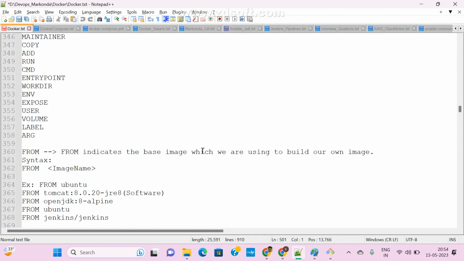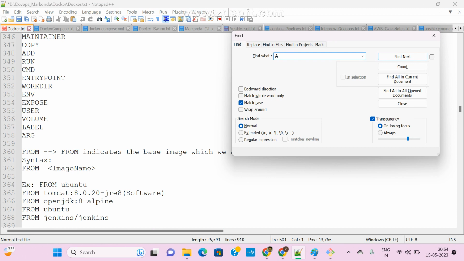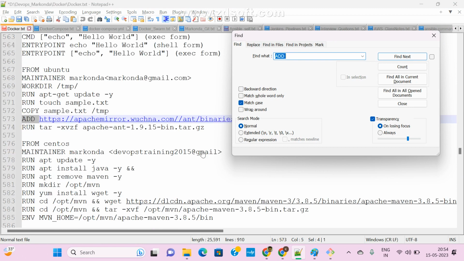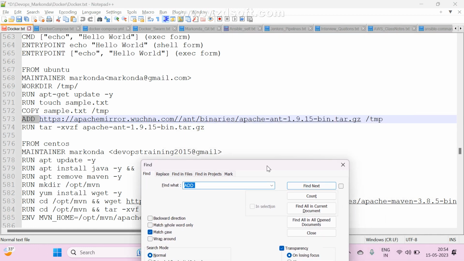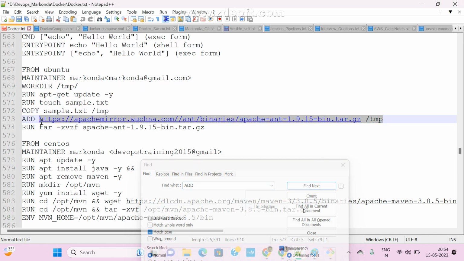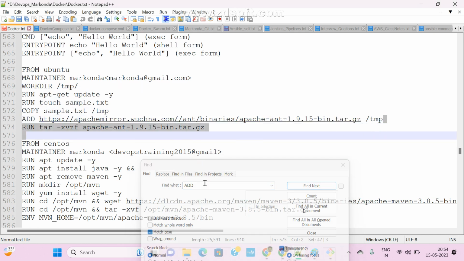ADD command, Ctrl+F, add. Both are the same only, we can use any one. Slash tmp, here they are calling, let me copy this one. This is also tar.gz. We can add this one also.